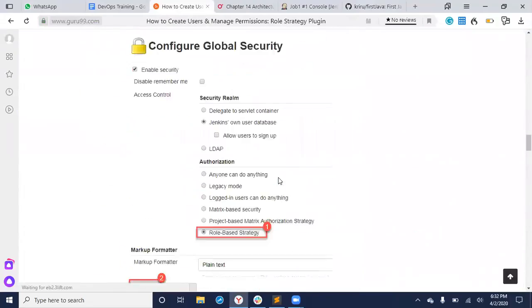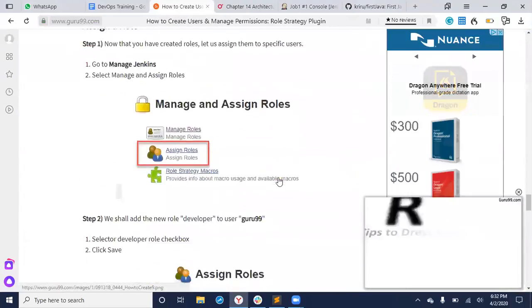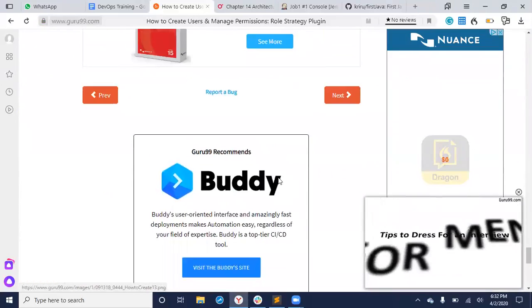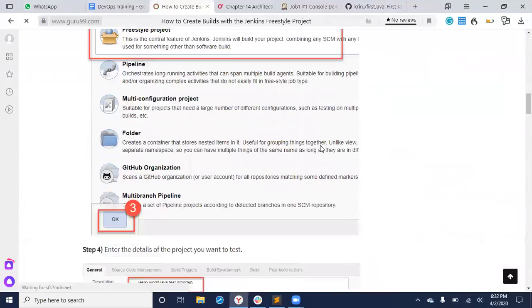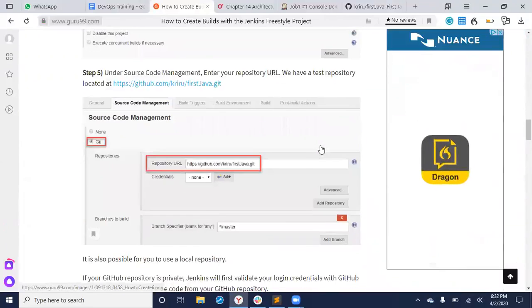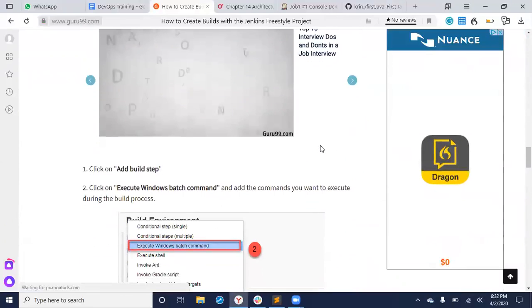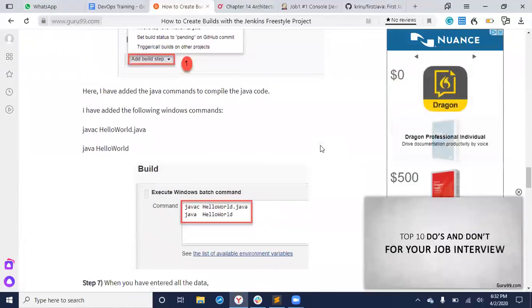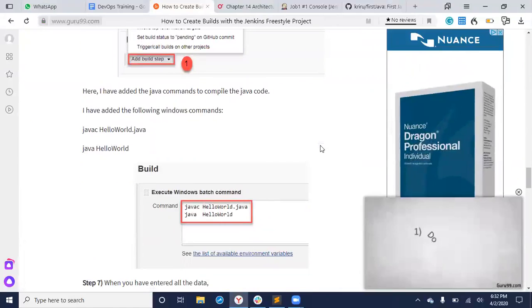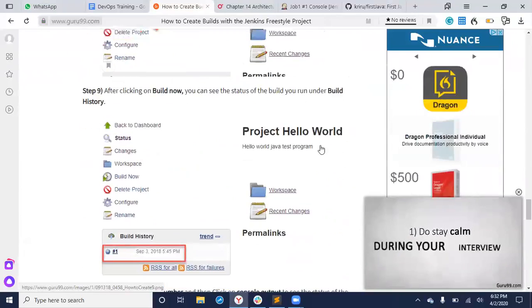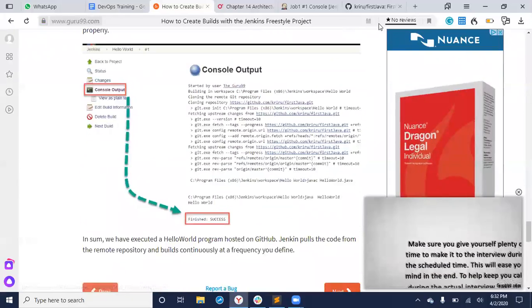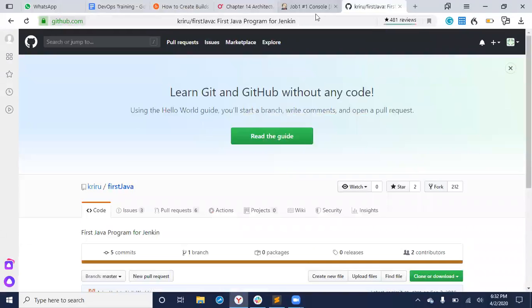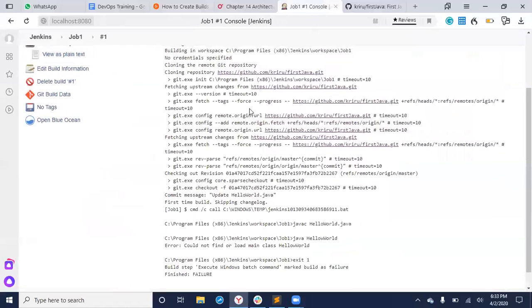User permissions also, you can follow or you can just ignore. Yeah, this is the one exactly. Windows batch command. Yes, Windows batch command, javac HelloWorld.java. Nothing specific. Everything is exactly the same. I'm not sure why this is failing.